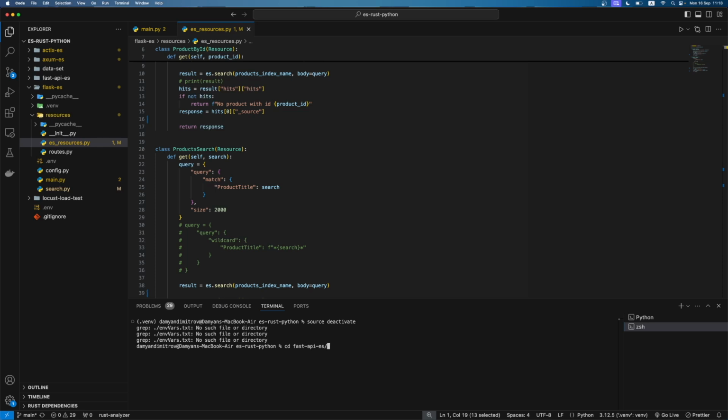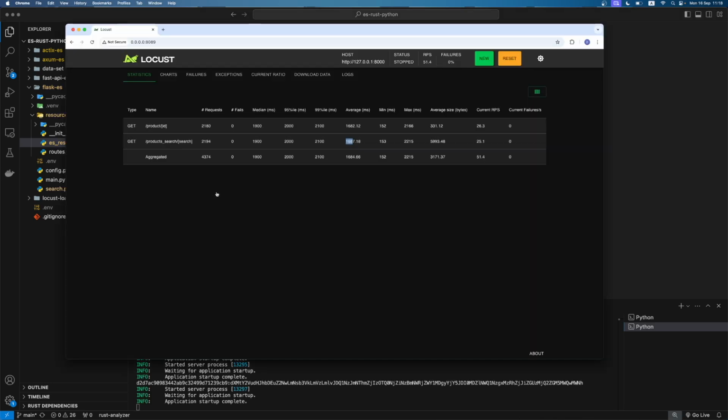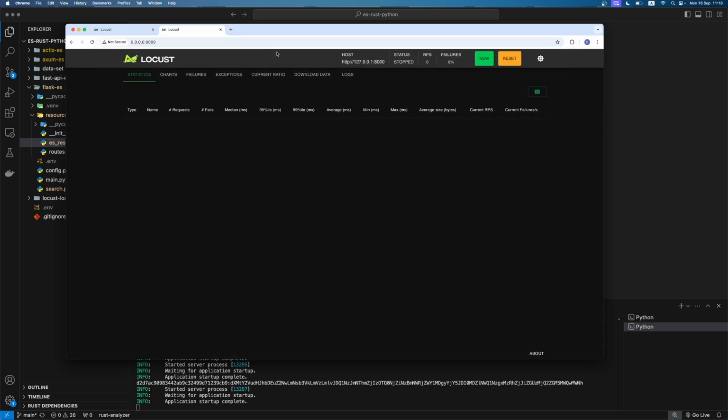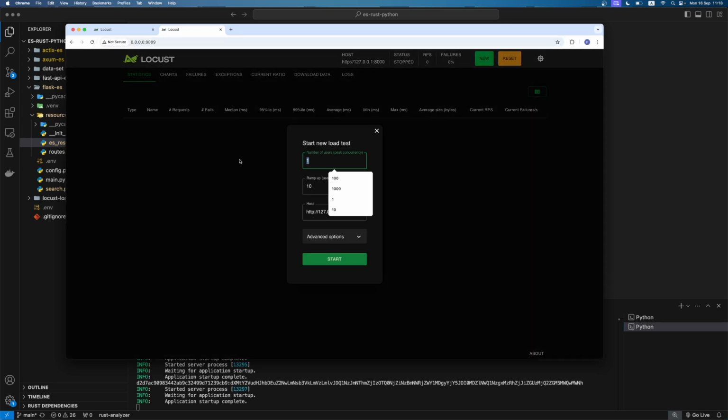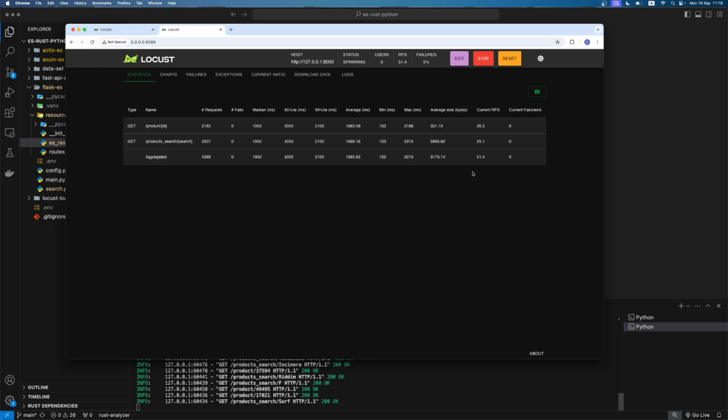FastAPI, and I will open the FastAPI implementation. I will load the virtual environment and I will start again 8 Unicorn workers. And let me show the implementation, but first let me start the test. Until I'm showing the